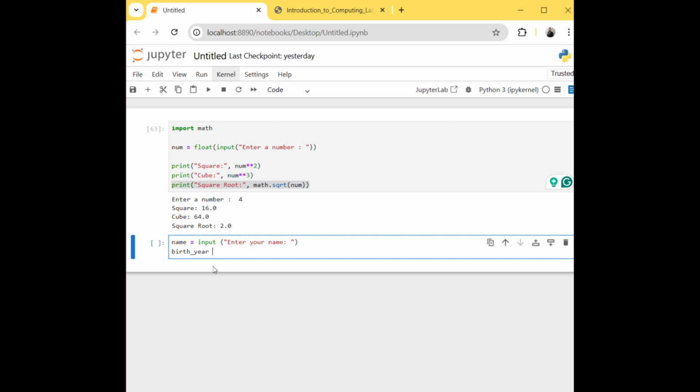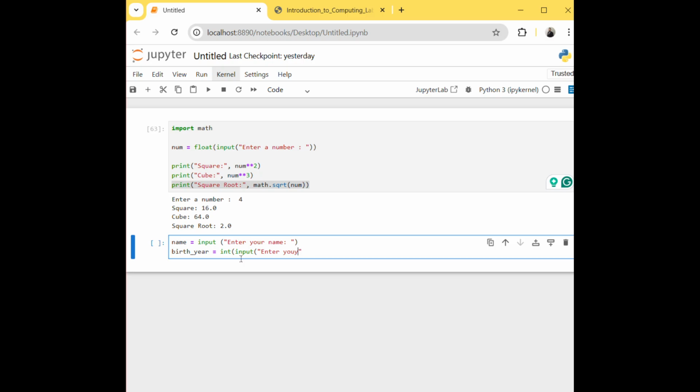Let's write it. So as it will return from input as a string, we have to convert it to integer, right? That's why I'm using integer function or comment here. Input,